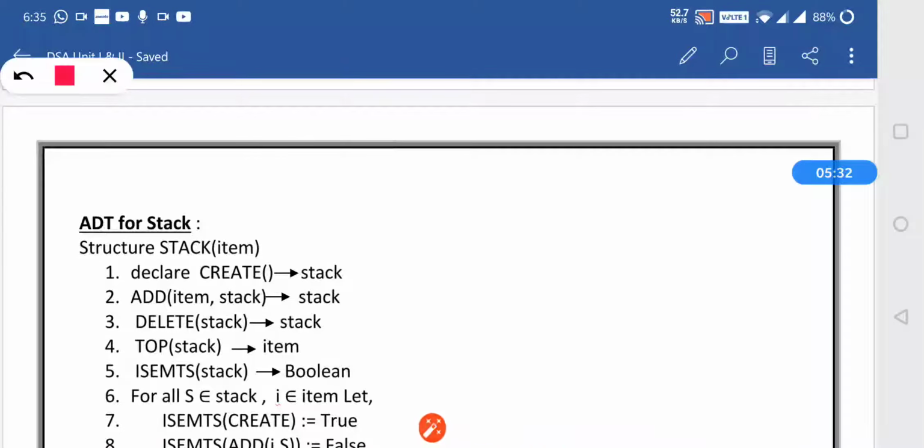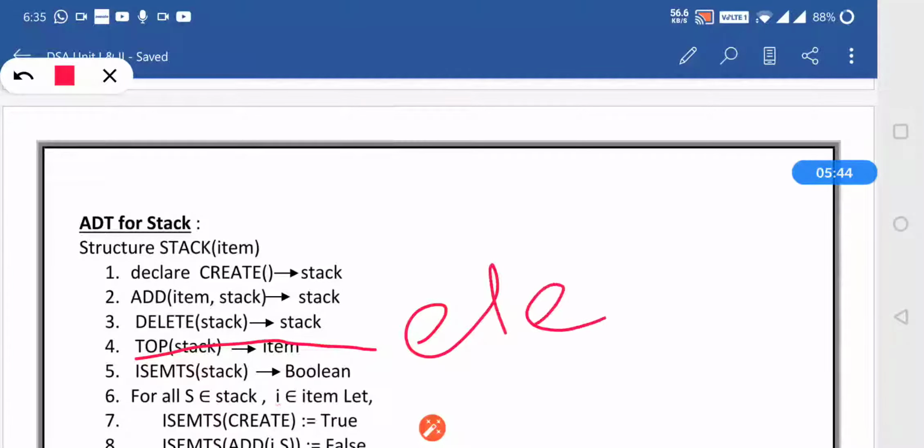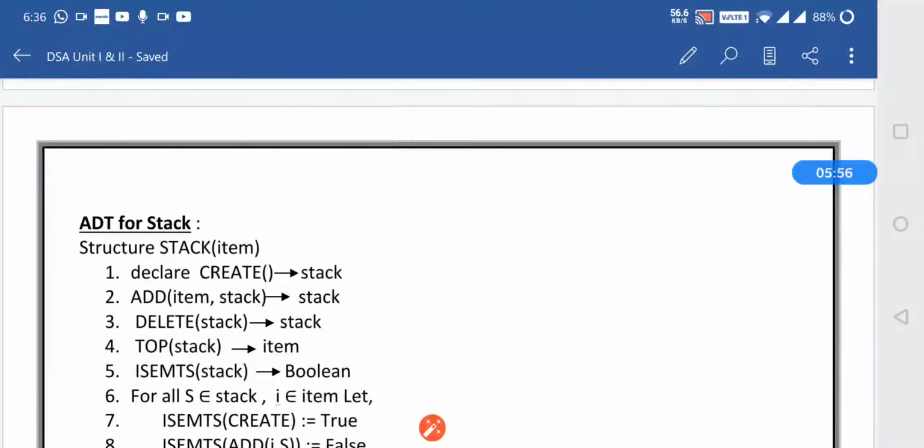When I try to find the top of the stack, at that time what will I receive? An element, because that is present at the top. That's why we will get the item. Then isEmpty on a stack gives us a boolean output, because as I said, it is responsible for providing a true or false value.